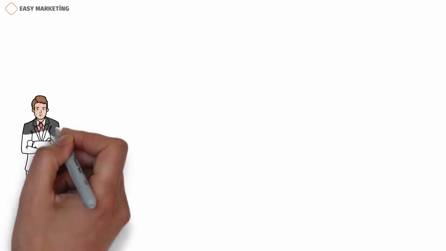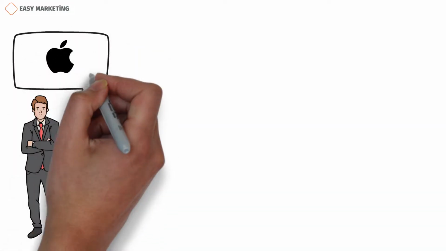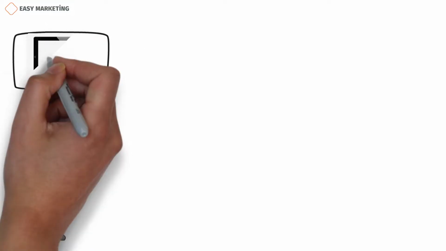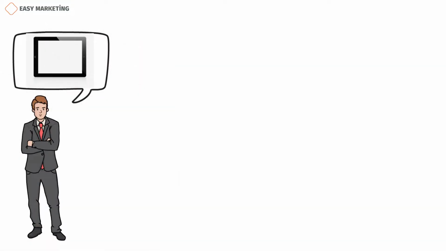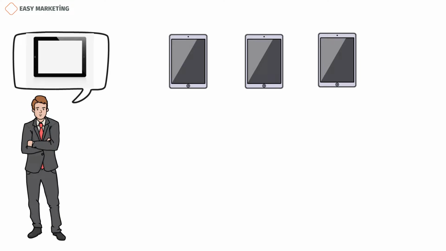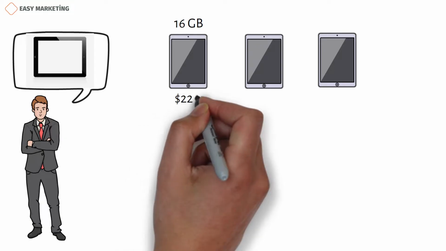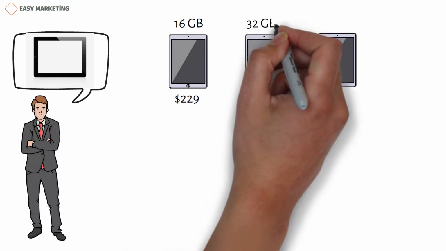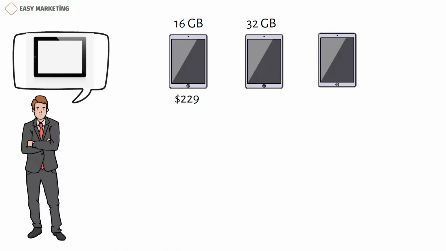Imagine that you want to buy an Apple product. Let's think about the new iPad model presented by Apple. You have iPads with 3 different memory sizes and additional features. Let's assume that the first iPad with 16 gigabytes of memory costs $229. The second with 32 gigabytes of memory costs $299. And the third with 64 gigabytes of memory costs